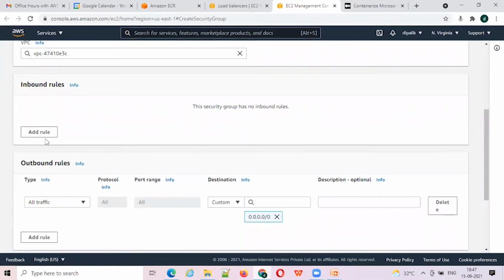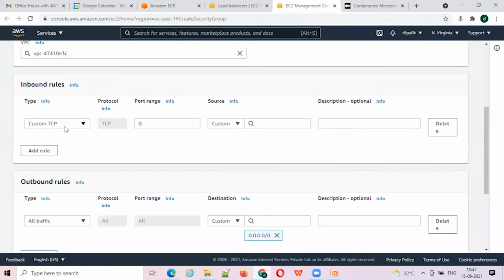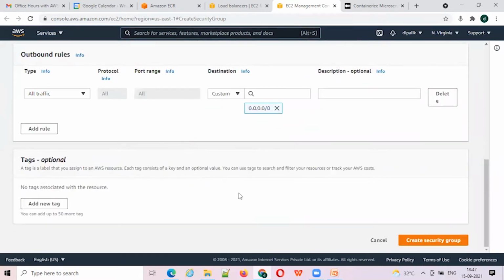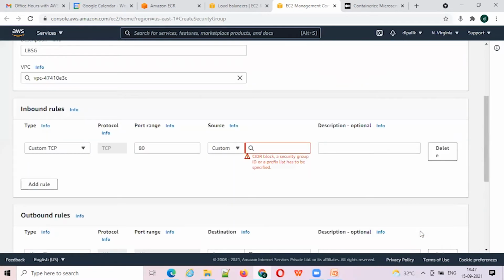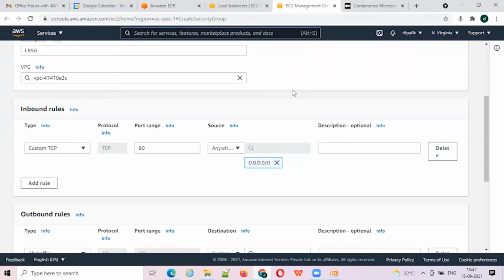Now in inbound rules, I need to add a rule so that it can receive traffic coming from port 80, and then I can simply create this security group. So I need to provide the range. I am opening it so that any traffic coming to this load balancer on port 80, we need to allow that.